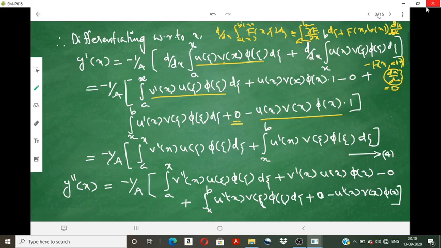Now we can see that these two terms will get cancelled. Then the remaining integral will be minus 1 by a, integral a to x v dash of x into u of theta phi theta d theta, plus integral x to b u dash of x into v of theta phi theta d theta, and name it as equation number 4. Now again differentiating,